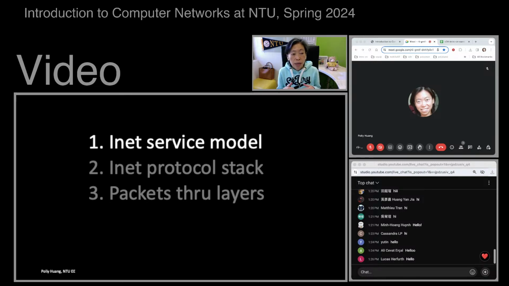So for the first part, let's start by finishing the topic we left off last week. Recall that we introduced the Internet service model. This is the layered architecture of how we organize the protocols on the internet. The internet is a complex system, and the number of protocols is quite high. To organize such a complex system, we usually come up with a certain structure.